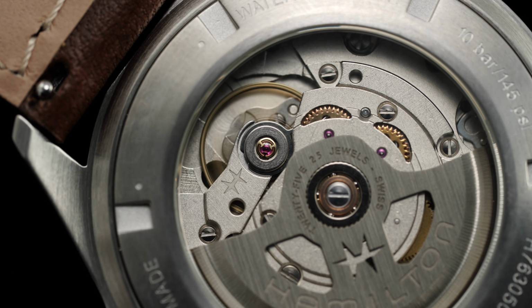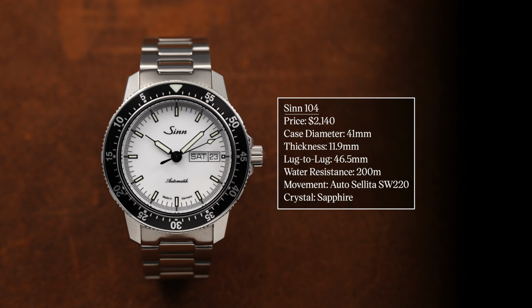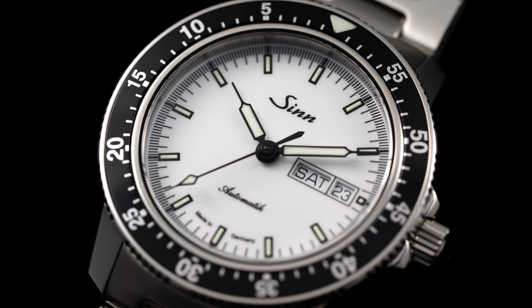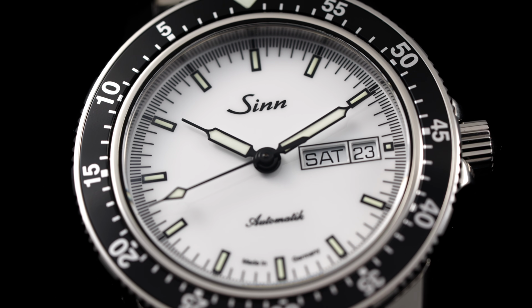Now we look at the $1,000 to $4,000 category, and this is a watch that I have currently on my wrist right now. We're looking at the Sinn 104. You could basically pick whatever model you'd like here. I would say the black dial as well as the white dial would be maybe the better choices when it comes to legibility. For just over $2,000, what you're getting now is the updated